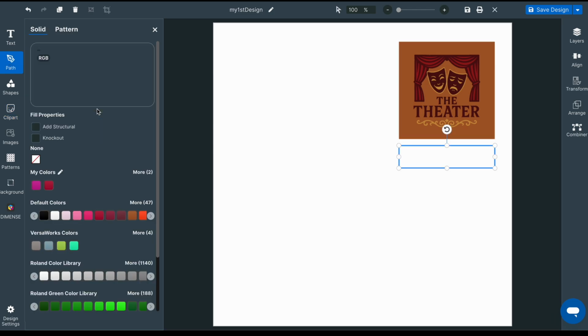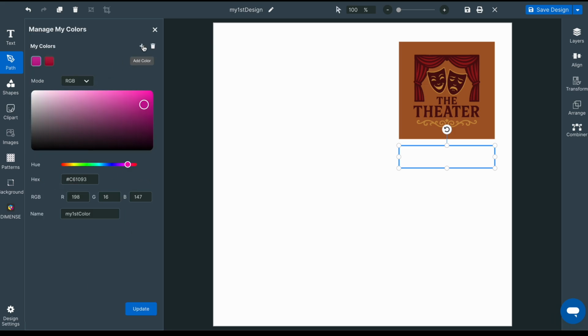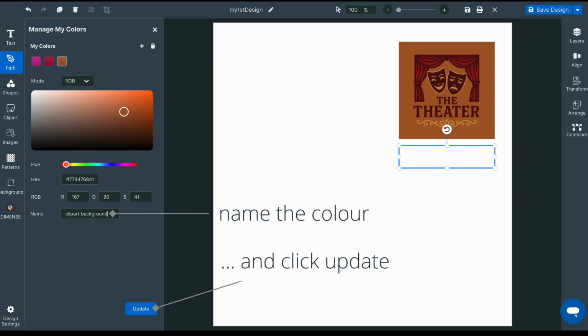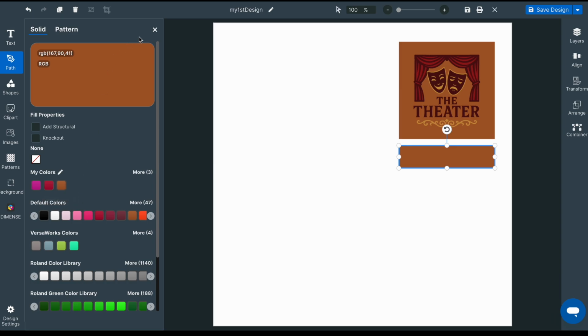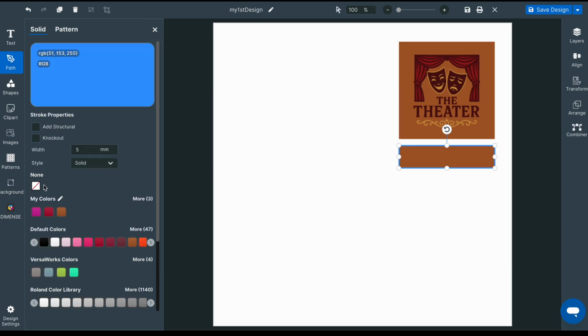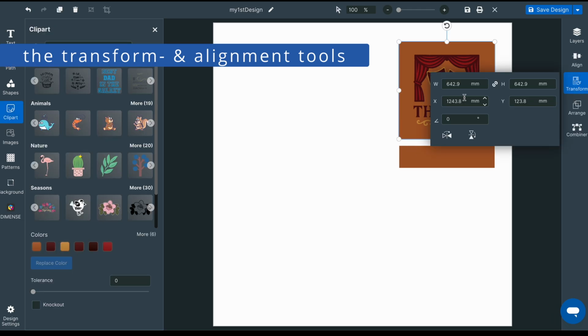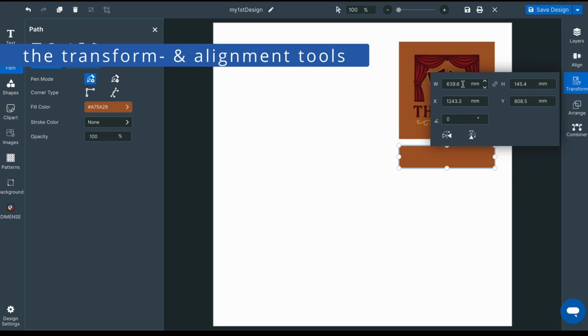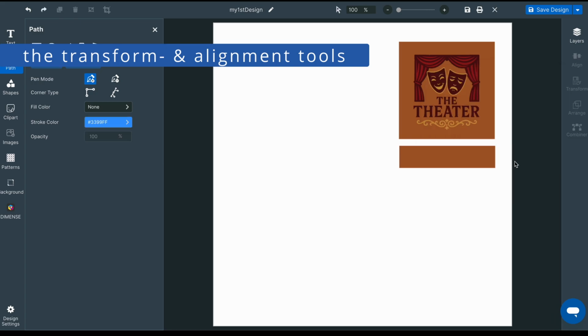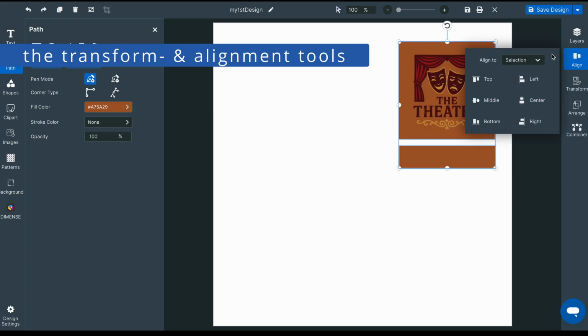Create a new custom color in the My Colors tool and apply the values. Add the color to the object and change the stroke color to none. The splash was created in freehand, but I'd like for it to have the same width and the same horizontal starting point. I can use the Transform tool to read the data from the logo, which I can then copy to the splash. To position the splash correctly, I use the Align tool.